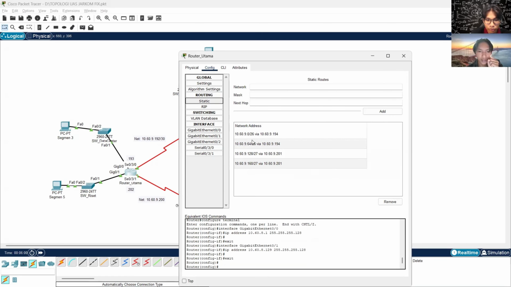As we can see in this router utama, let me explain it as an implementation or analogy. For example, if we want to deliver a package to a network address of 10.60.9.0, it will be directed to the next hop of